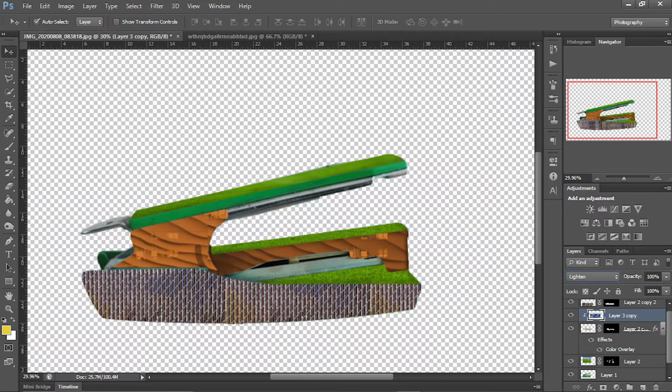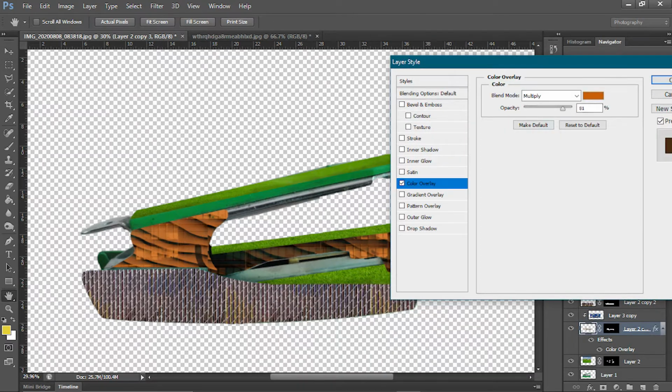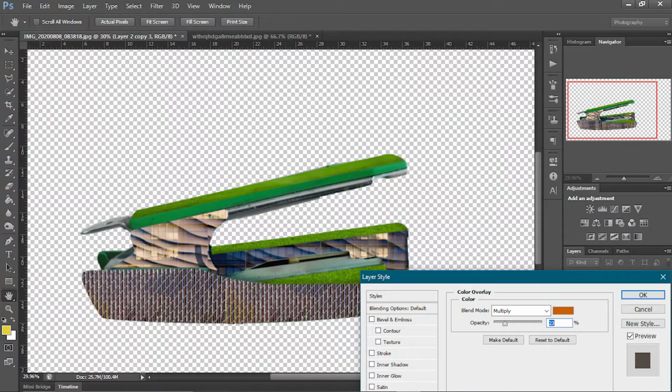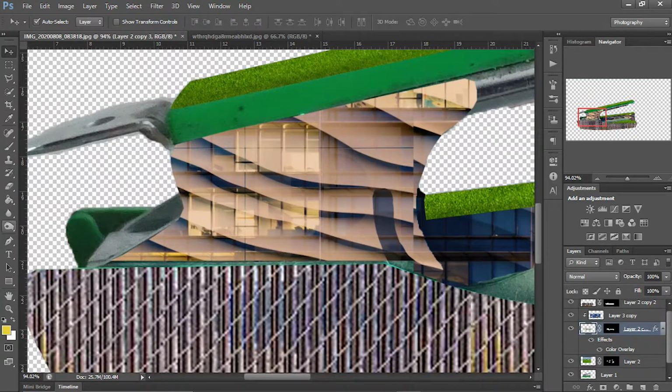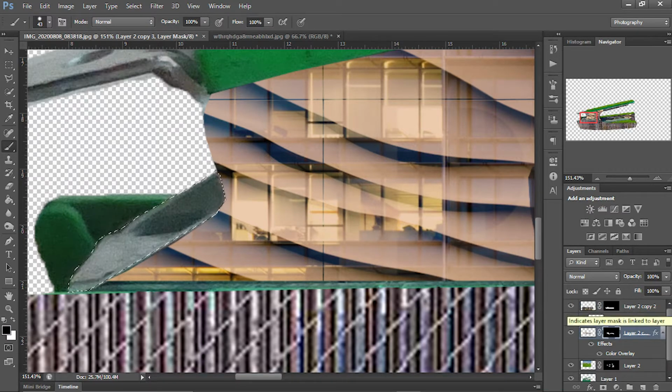Now we will create a clipping mask of this window image to our texture and change the blend mode, or try to change the opacity of the texture image from the blending options. Here I want that back part too, so I create the selection and click on the layer mask, take the brush and choose the white color. So it's magic, the removed part comes back.